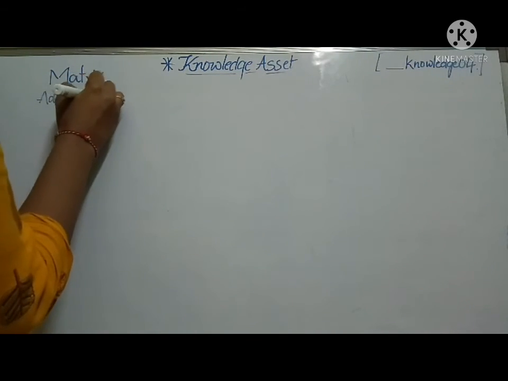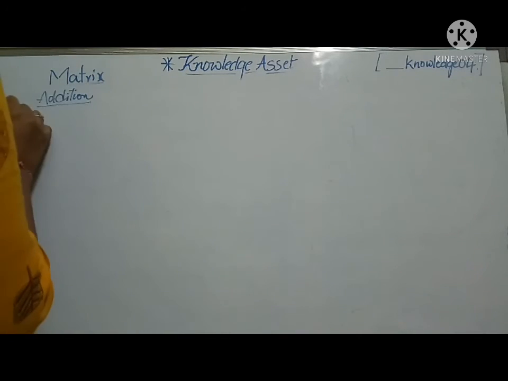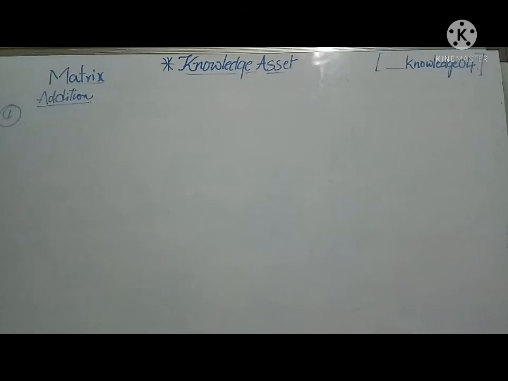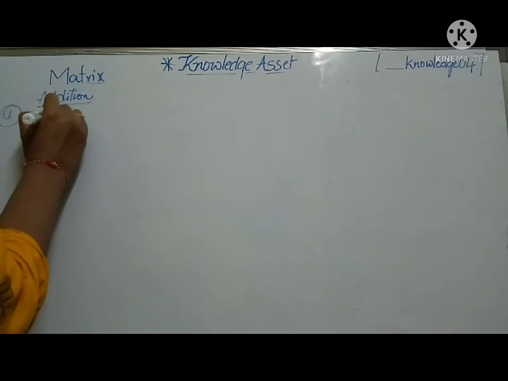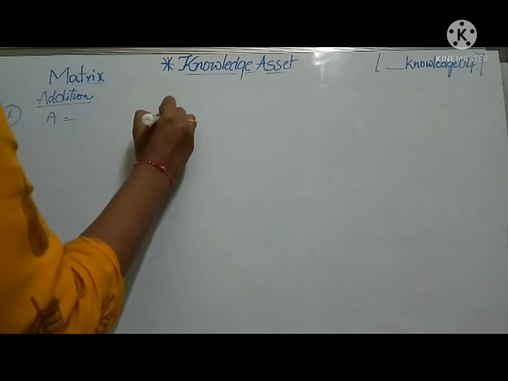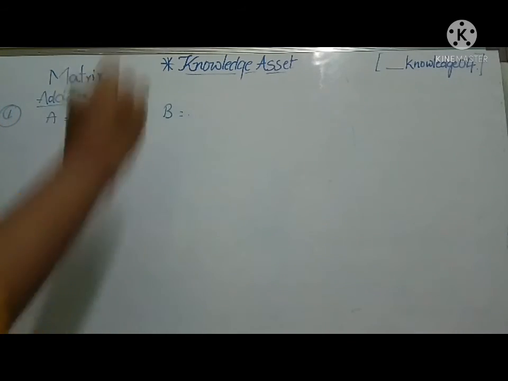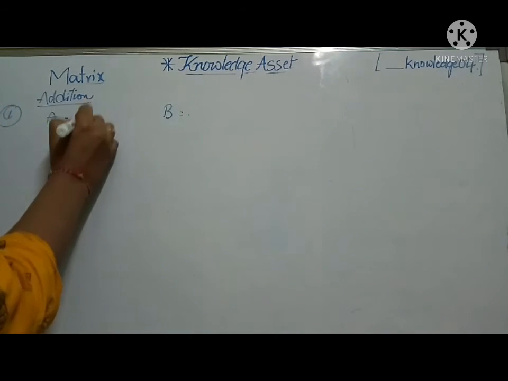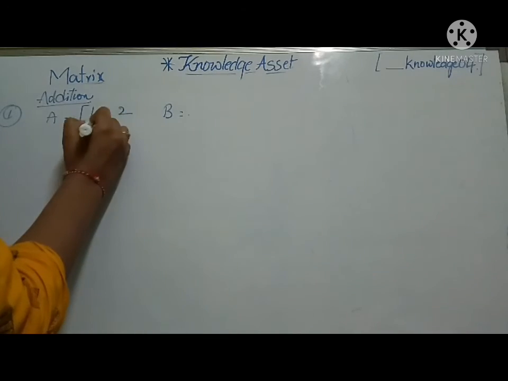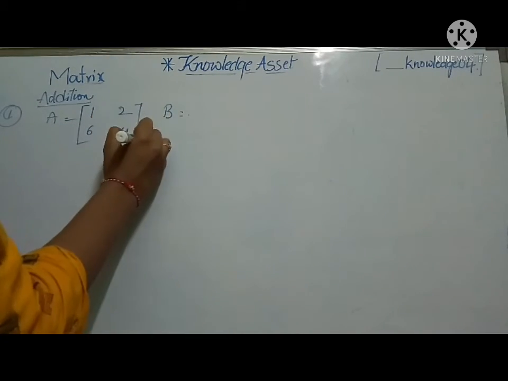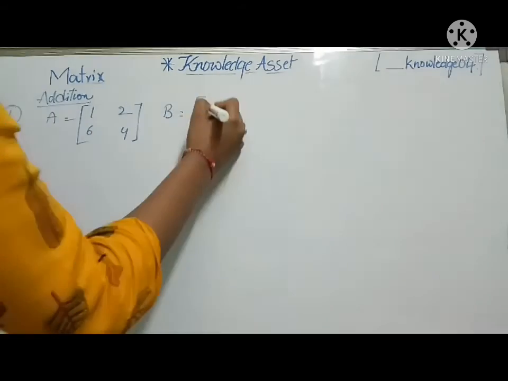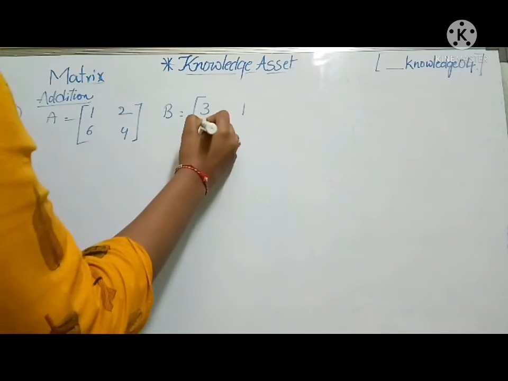Both addition and subtraction are similar, but first let us try to understand the concept. So addition, if A and B are two matrices of the same order, 1, 2, 6, 4, and B is another matrix consisting of 3, 1, 4,